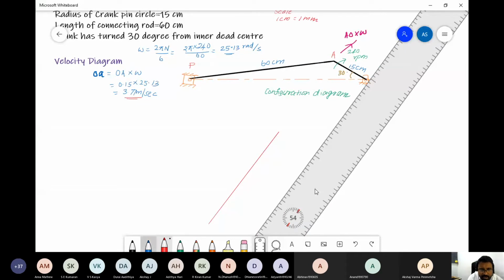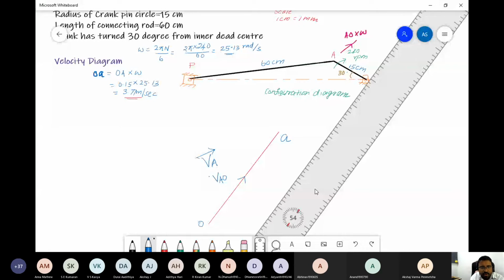So how will you name it? It is going from O to A. So the vector is going from O to A. The direction of the vector will be like this. How will you name this vector? VAO, sir. VAO. Very good. Generally, when you are talking about the position vector, we will not use the A. Instead, we will directly use VA. Both are the same. Whenever there is an O position vector, we don't say VO. Instead, we directly say VA vector.